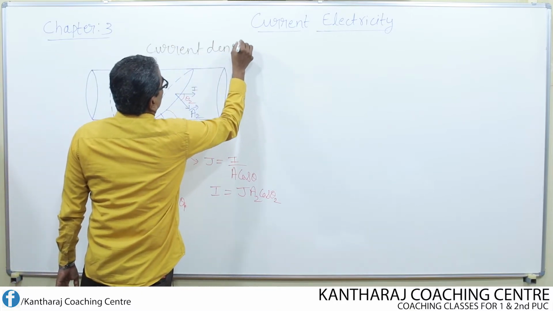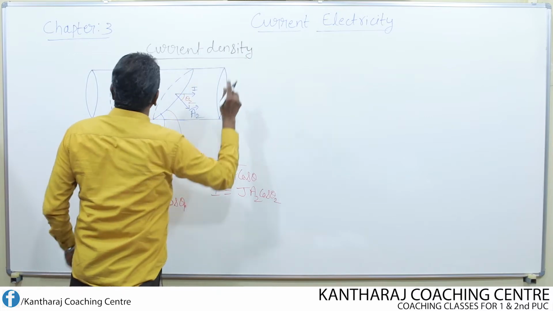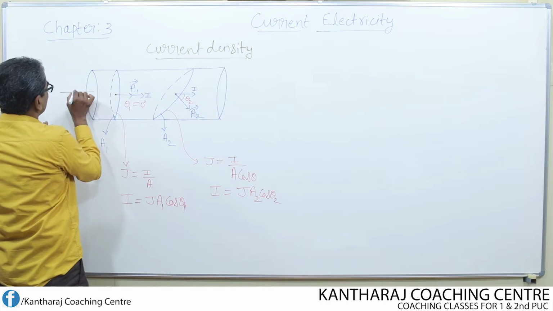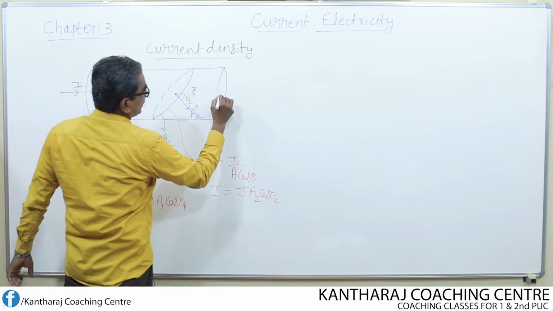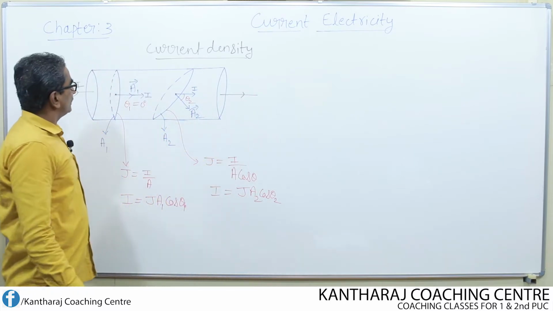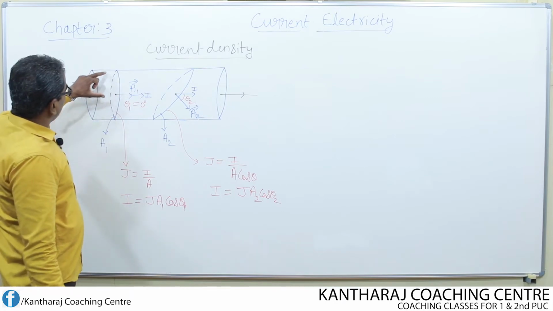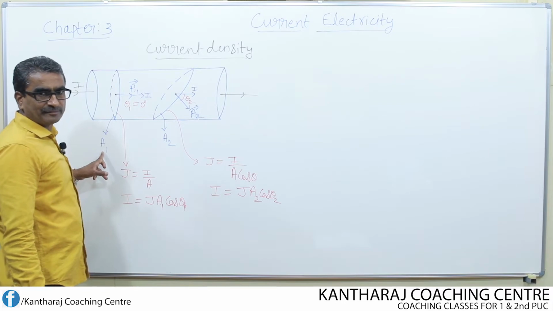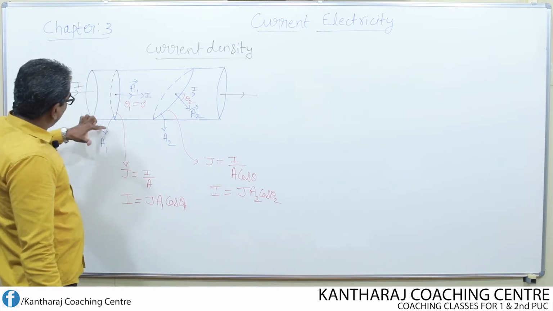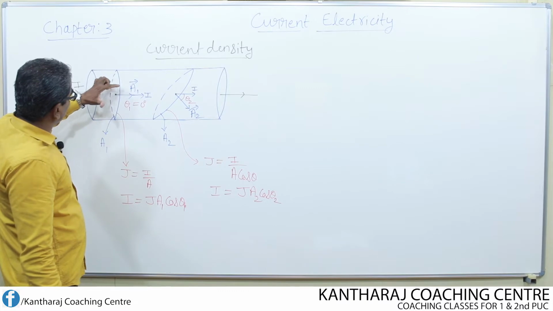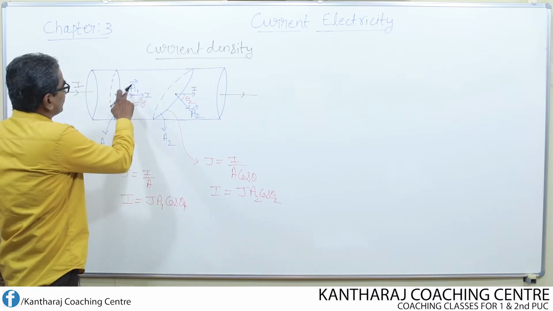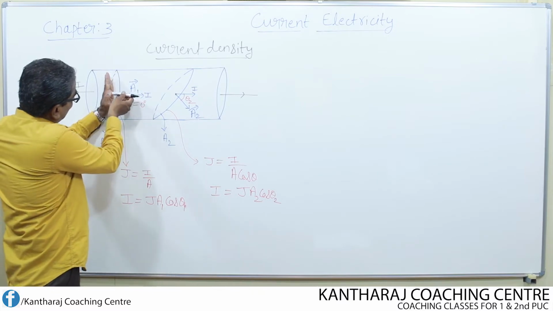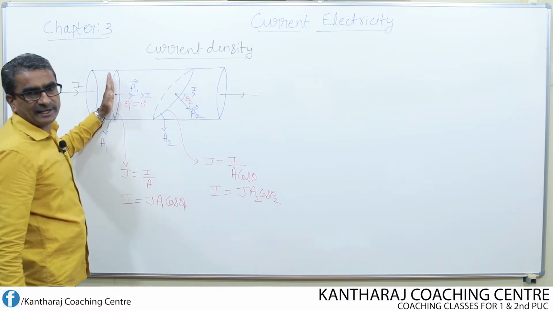Now let us understand one more concept related to this current density itself. Suppose I consider two different points inside the conductor through which some current is flowing. All around this point, I have taken one area of cross section whose magnitude is equal to A1. Then what is the area vector corresponding to this cross sectional area? Vector A1 is the area vector. So the area will be like this, and the area vector is perpendicular to this area.